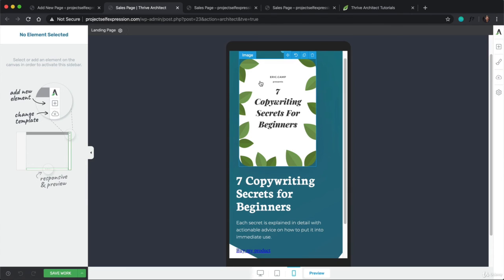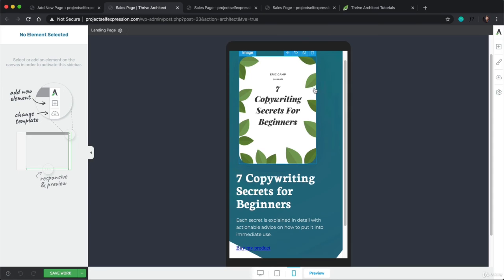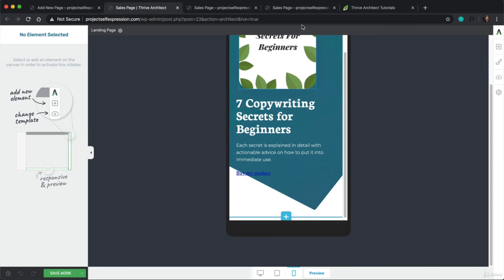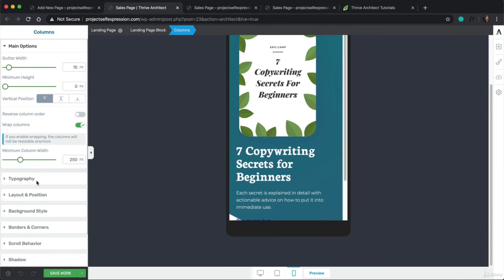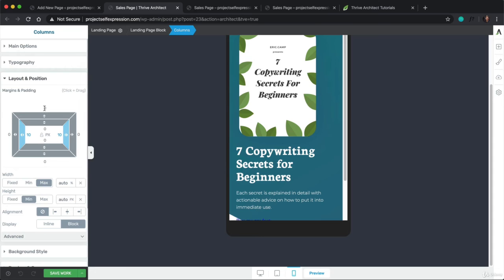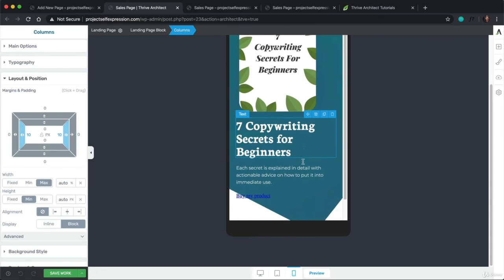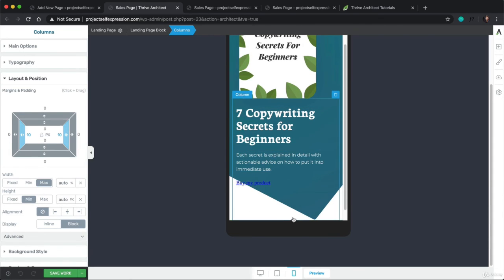And the way that this works to optimize it on mobile is you can scroll down and see that this is what it will look like on a mobile device. And you can click on any of these things here and start adjusting the different layouts and positions and other options. And what's so cool is when you're in the mobile view and you change anything, such as this padding,